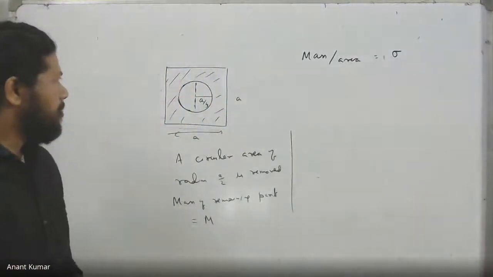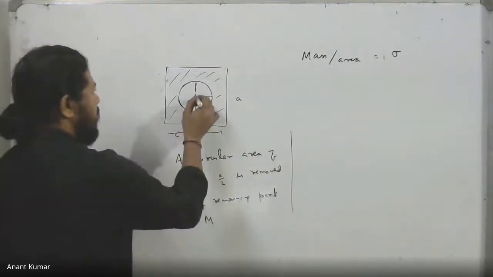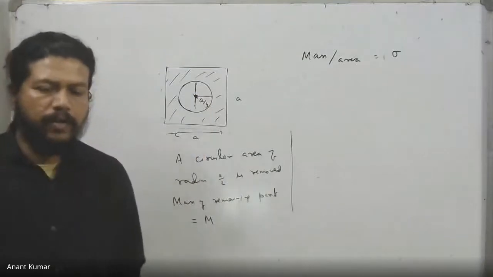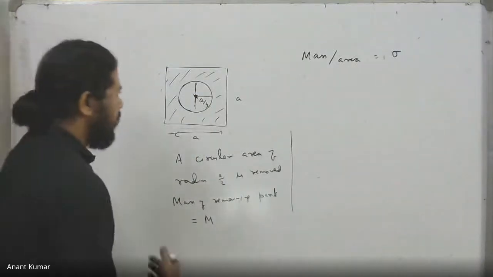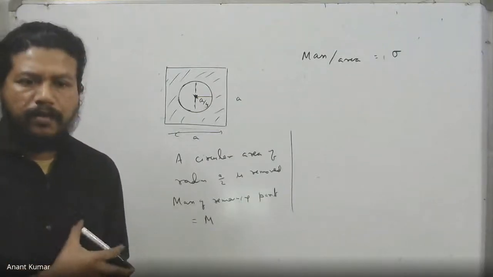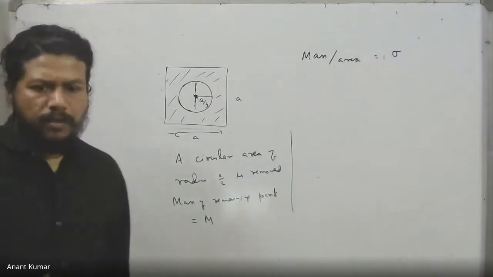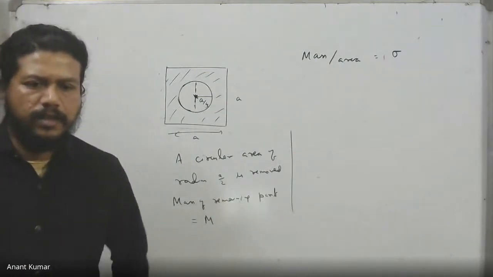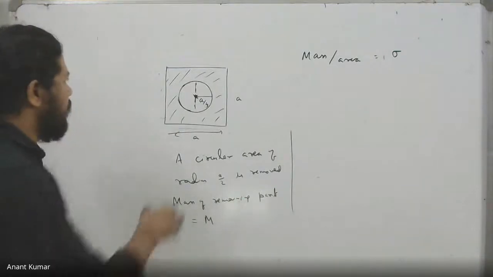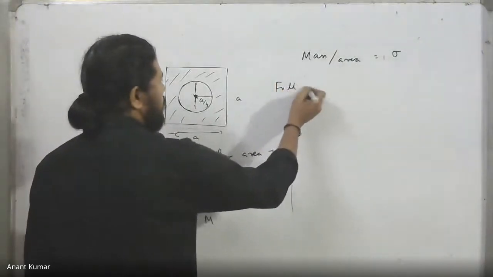The axis is perpendicular to the plate and passing through the center. Now the point is, what if I fill this gap backwards? If I just fill the removed portion, in that case, that complete square will be formed actually, isn't it? Whose moment of inertia is known to us? I know the moment of inertia is additive. In fact, let's fill this gap. We just fill the gap over there.